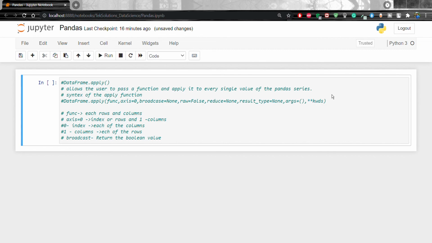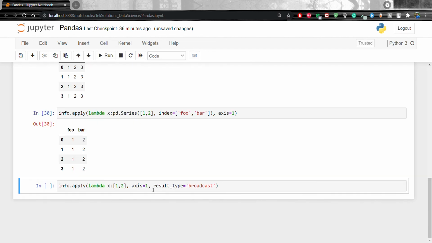so now I am going to show the final one, that is broadcast. Info.apply lambda x: [1, 2], and then axis equal to 1, result_type equal to broadcast. So what broadcast will do is basically retain the original index of the data frame or the series.